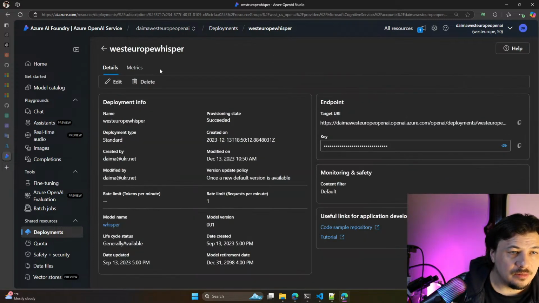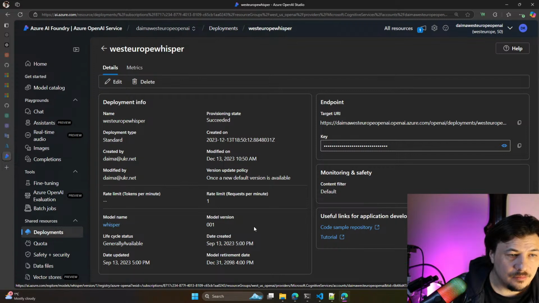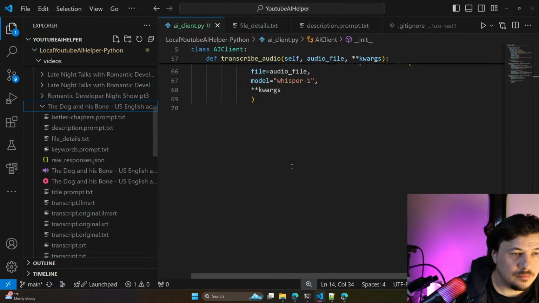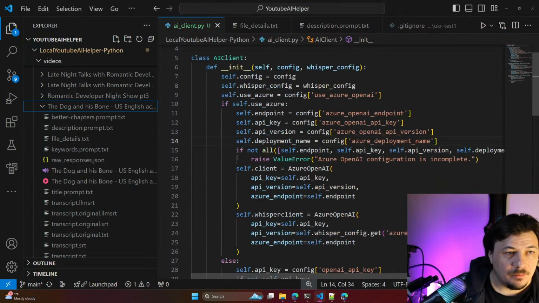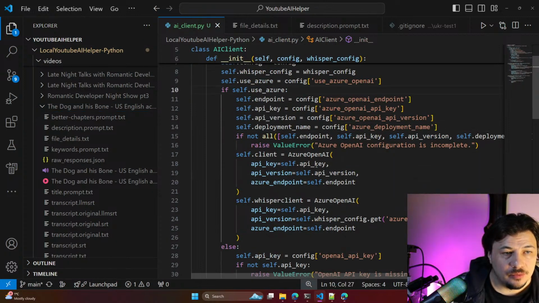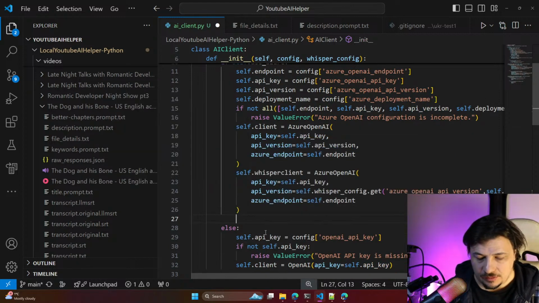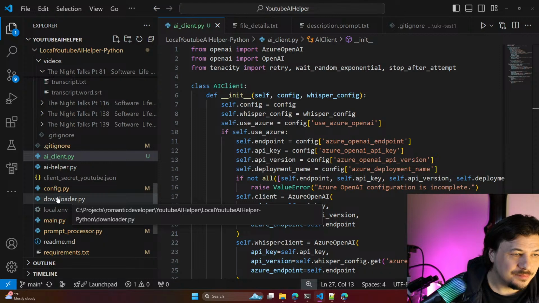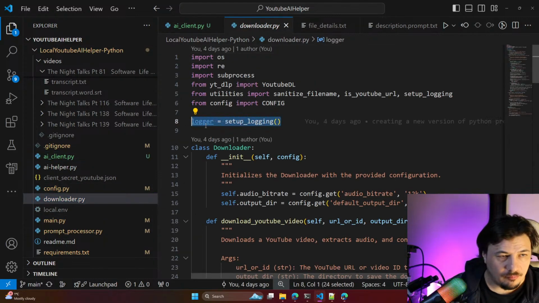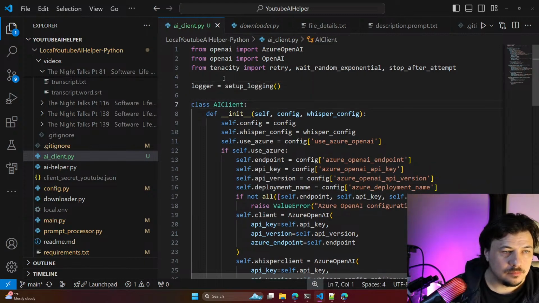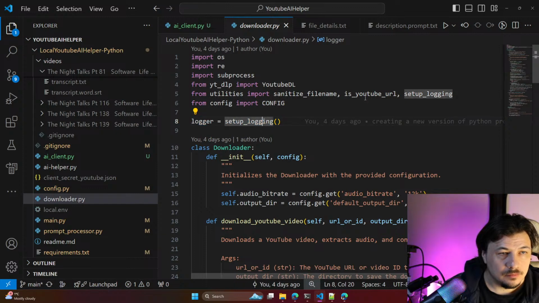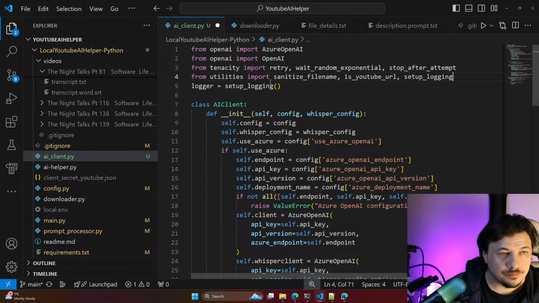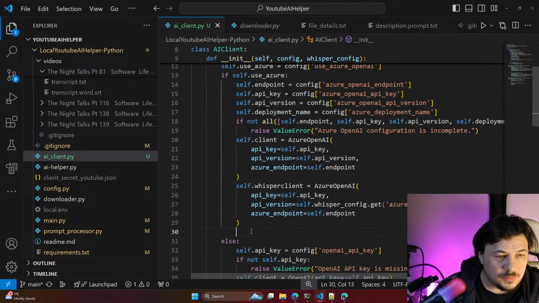It's not recent. Maybe in the AI client, let's put a logger here. We don't have a logger. Come on. And we'll say here logger.